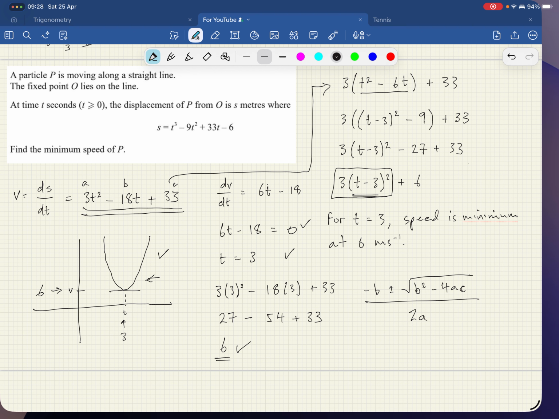Alternatively, write it in completed square form. We're not solving it. We haven't gone any further than just writing it in completed square form. But it's very easy at that point to eliminate essentially the left-hand side here, and find the t for which that is 0, and that gives you whatever this extra bit on the end is has got to be the